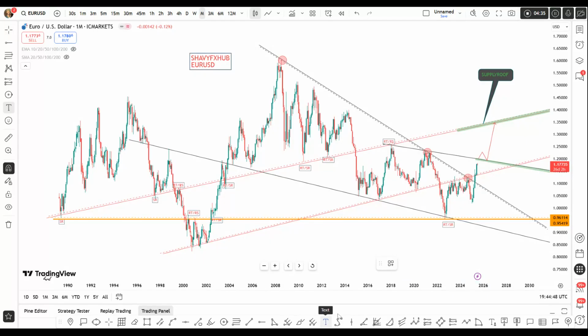So I'm going to label it ROS1, ROS2, ROS3. And this DTL, descending trend line,